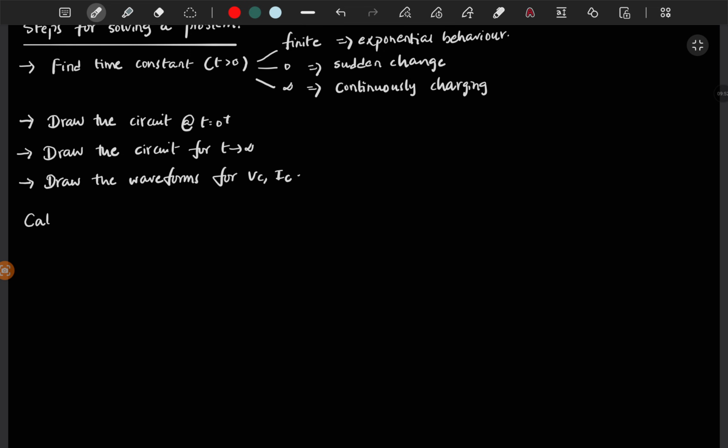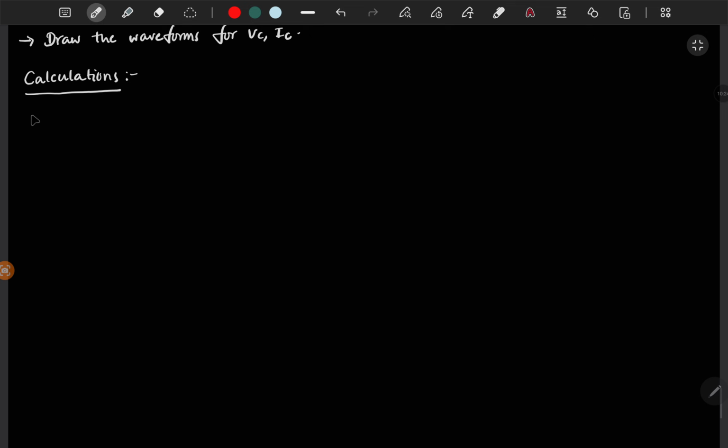is the magnitude of the impulse current, and if there is some sudden change of voltage and it is going to 0, with exponential behavior of the capacitor, then you can also find the magnitude of the current at a time instant. So those we can all solve with these calculations. For calculations, so let's say